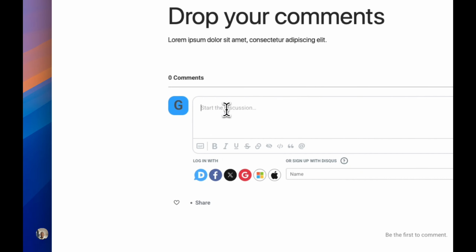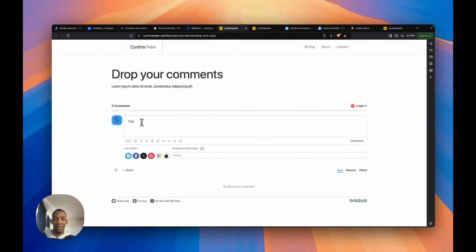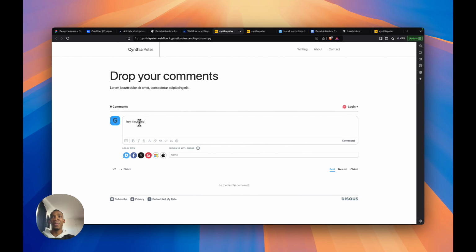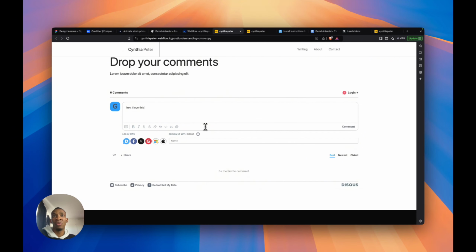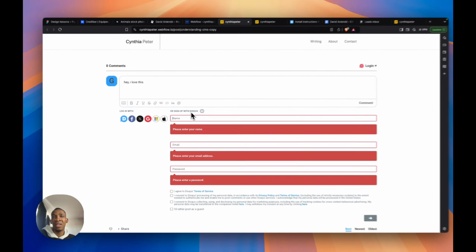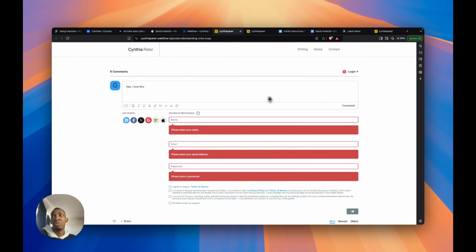So you can drop comments. Hey, I love this. Now you can comment. However, you need to be logged in. That's the weird thing. Before you comment, you have to log in or sign up. Because if you click on comments, it's going to ask you to sign up with Disqus. But you can choose to log in